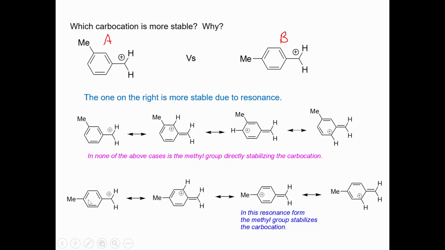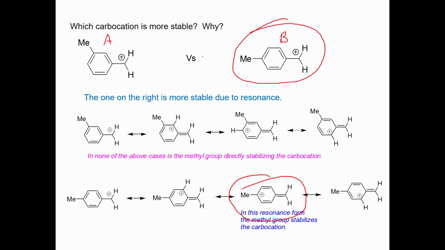But when you do the same thing for the para-methyl group right here, these resonance structures lead to one uniquely stable alternative resonance form. This one, where not only is it doubly allylic, but it's also tertiary. So the fact that you can write this one resonance form where the methyl stabilizes the carbocation also directly means that this is going to be the more stable carbocation. So we would pick B as being the more stable carbocation because the methyl is directly involved in the stabilization